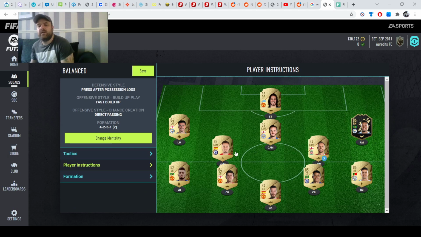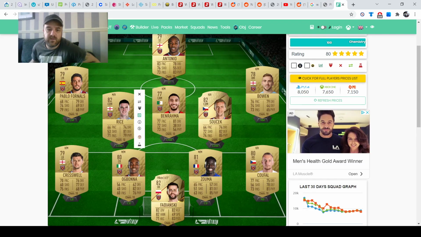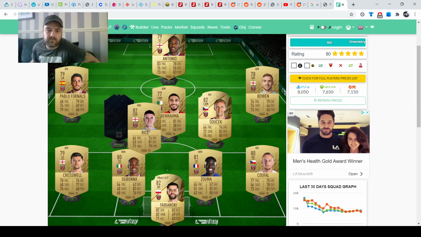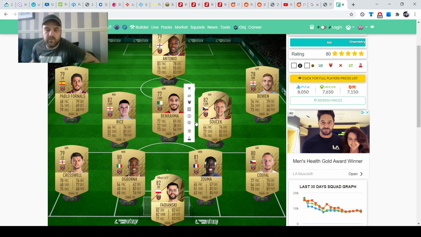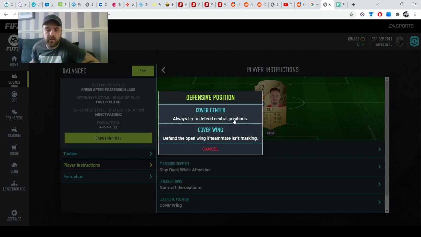Yeah, your two CDMs, so you've got a box to box and then you've got your holding. So pretty simple here. Cut passing lanes, this would be Rice's job. He just wants to cut passing lanes on this side, stop them pesky through balls, because these will potentially go forward. Stay back while attacking, cover your defence, normal interceptions,